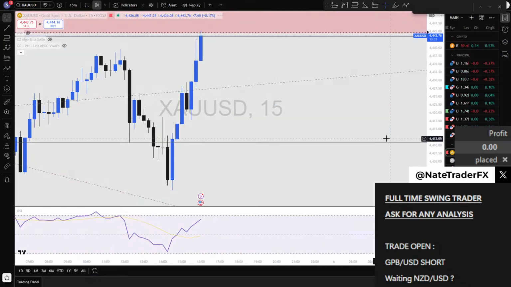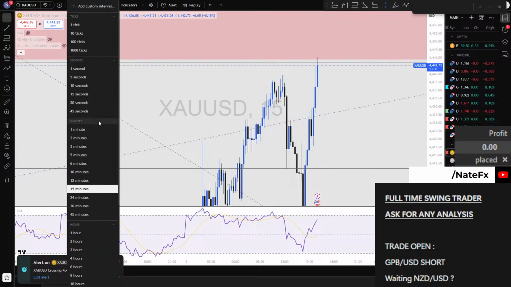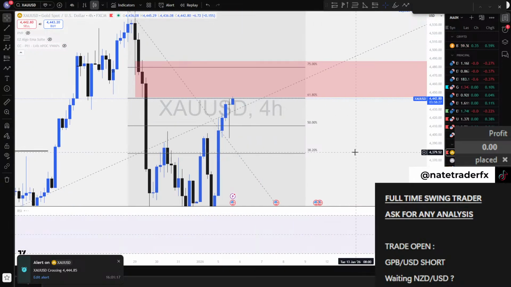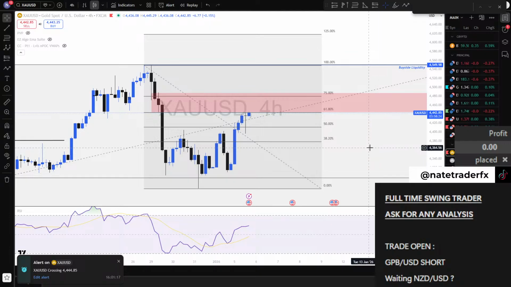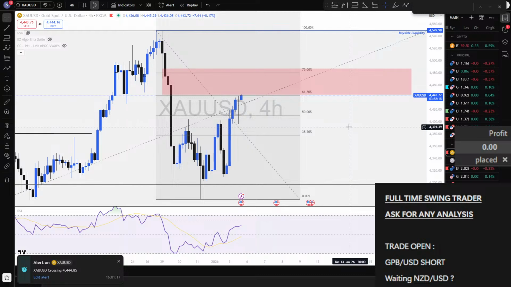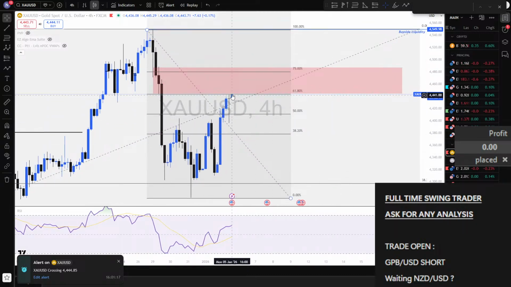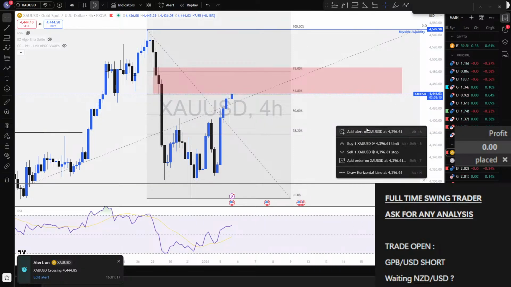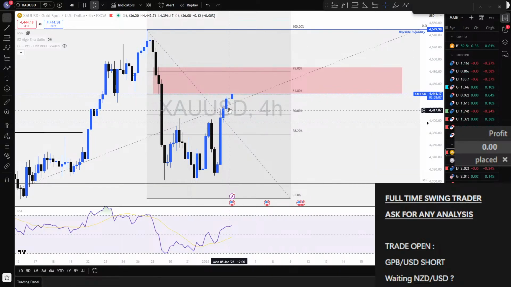Gold is doing something. So gold, personally, I don't know about you, but I'm waiting for a setup to short. But on the 4 hours, I need it to basically fractal first. And now I'm putting my alert under this candle, and we'll see after that. Basically, I'm more or less one trade a day. It's very rare I open more than one on average.